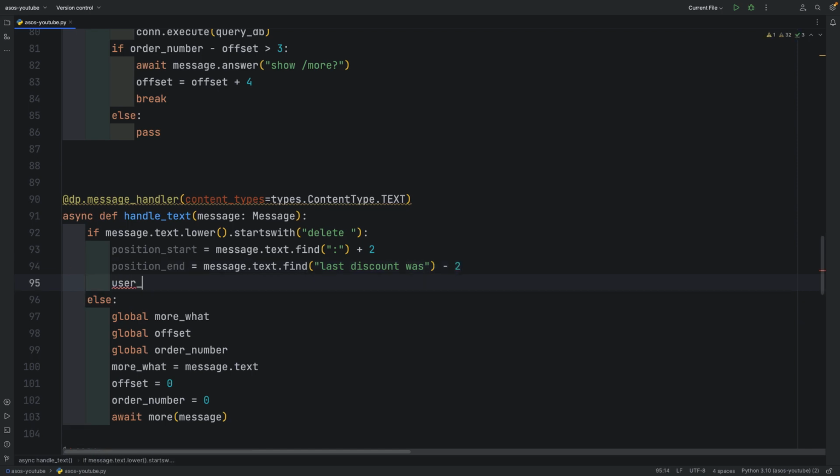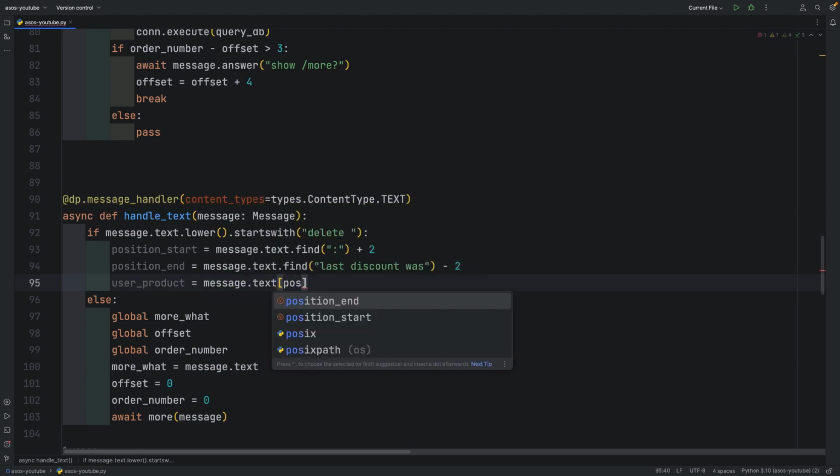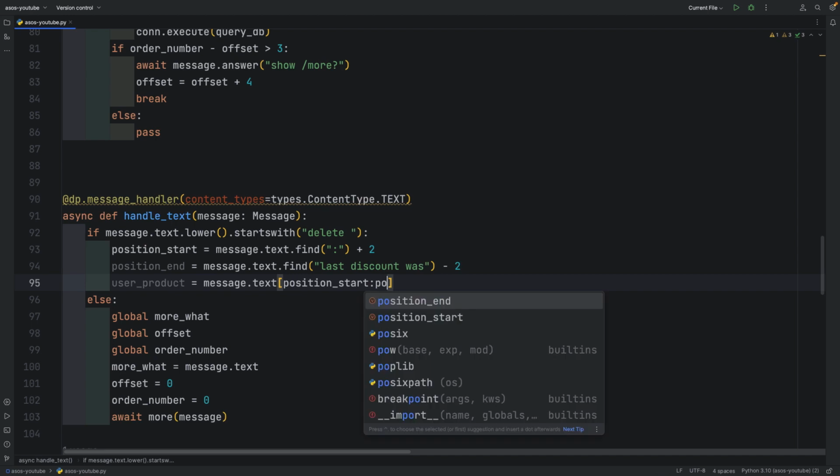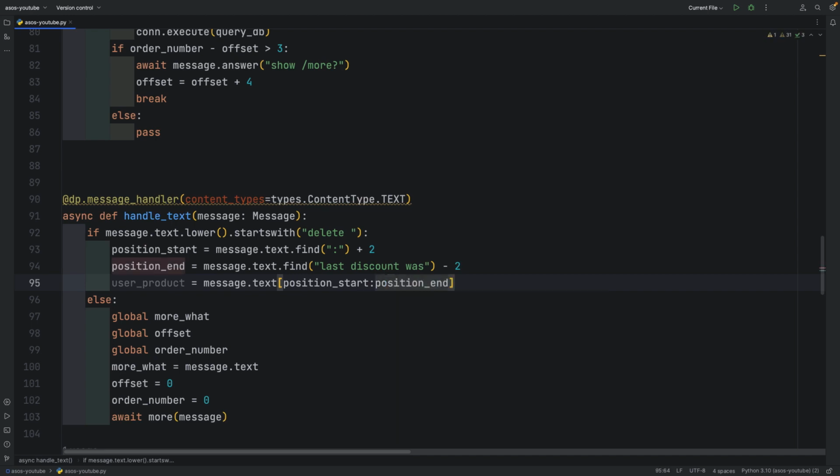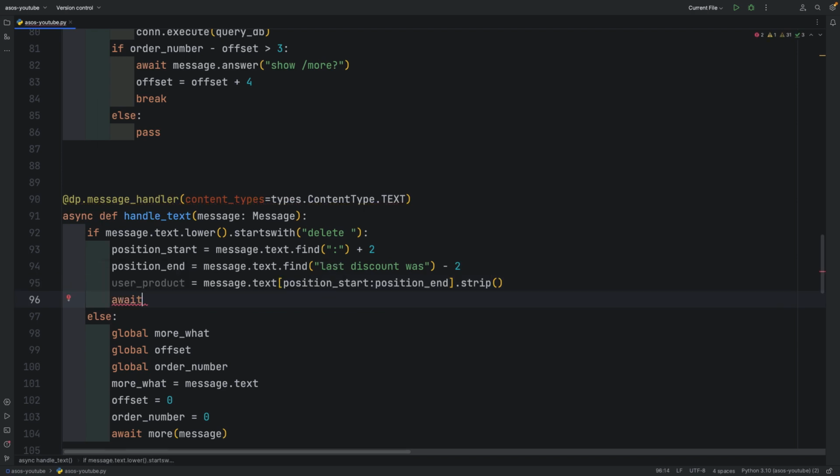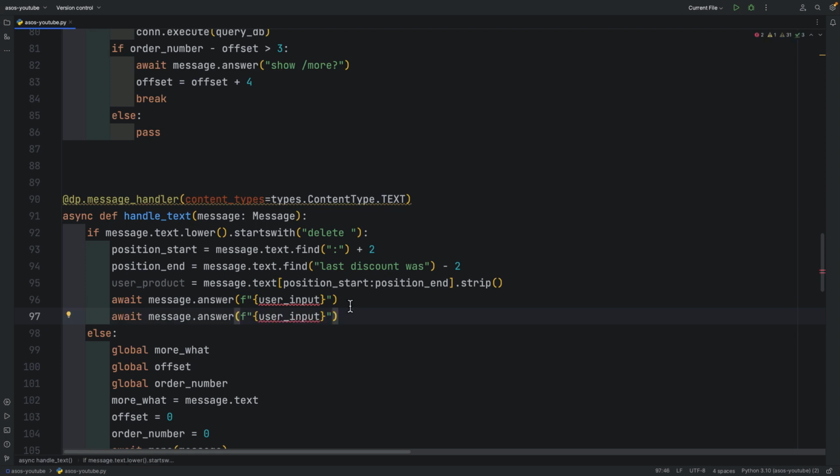The user input that we want to delete will be from message.text, starting at position start and ending at position end. We will strip any extra characters just in case. Then we will output this user input and a message indicating that it was deleted successfully.